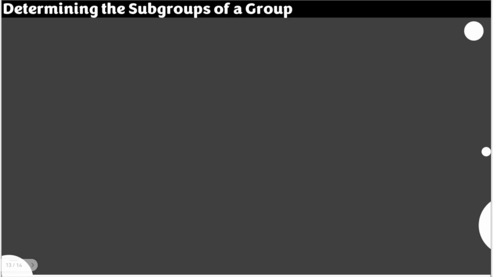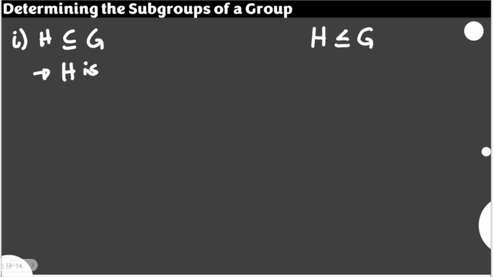After learning the definition of a subgroup, now let's talk about how we can determine a certain subgroup of any given group. Of course, we know that first and foremost, here are the conditions. First and foremost, to identify whether H is a subgroup of G, we must identify that H is actually a subset of G. This means H must be a subset